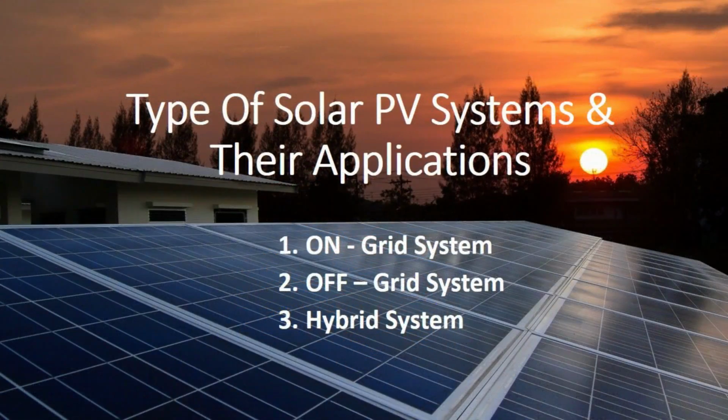My name is Sajid and today we are going to talk about different types of solar PV system. Okay, so basically there are three types of solar PV system, and depending upon their applications you need to choose which system you are going to install. So by end of this video you will have enough clarity hopefully on how to choose a particular PV system for your application. So there are three types of solar PV system. First is on-grid solar system, second is off-grid solar system, and third is hybrid solar system.